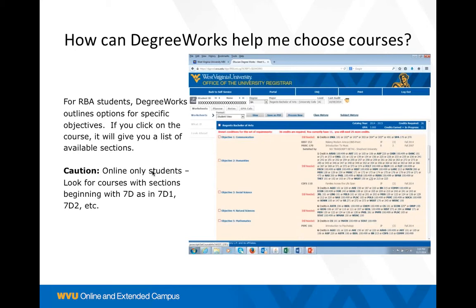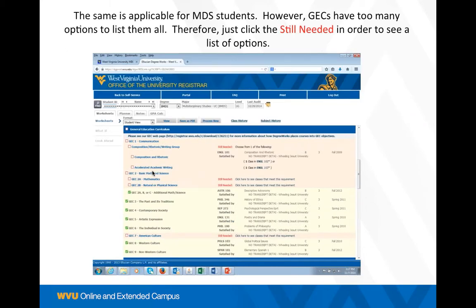We also sometimes get students that are trying to tell us that they want courses that begin with a section of P, which actually means those are Potomac State courses, or the section that begins with T is for WVU Tech students. So you cannot take those unless you fill out a dual campus form, and you'll need to speak with your advisor about that. The same is also applicable for the MDS students. However, instead of having all of the courses listed out to the right, there are so many options for your GECs that they just have a still needed